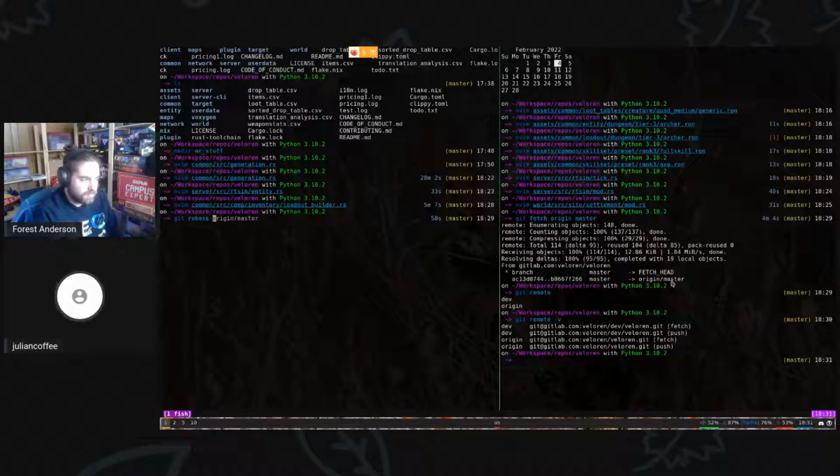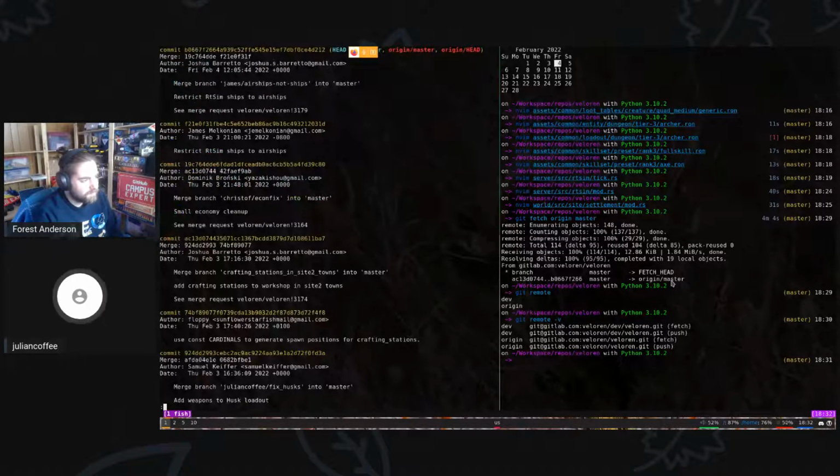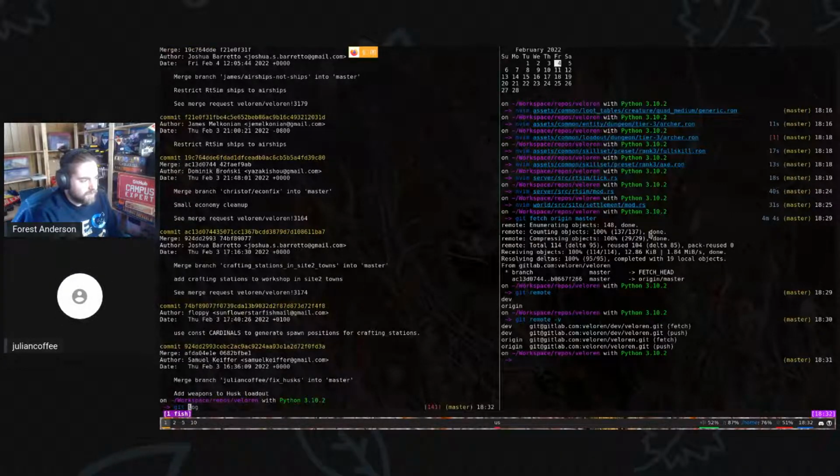If you want to have your local master the same as origin master, you do git rebase to origin master. And now we have all commits the same as our own repository on GitLab. So essentially what we've done is made sure that what we're working with is the most up-to-date